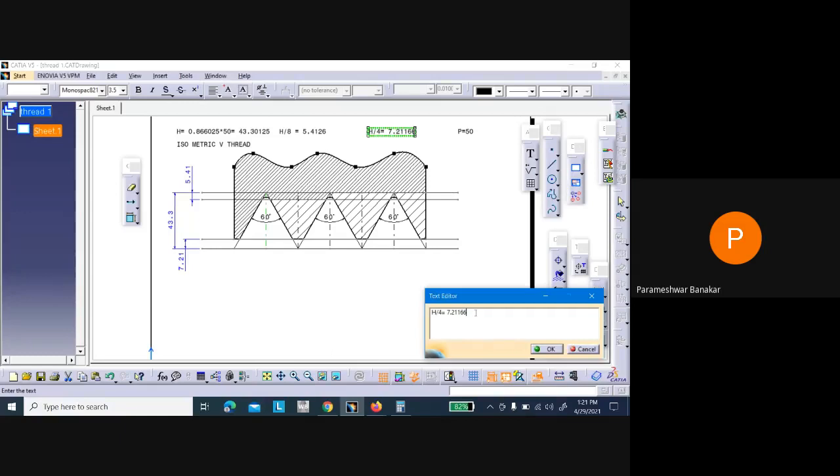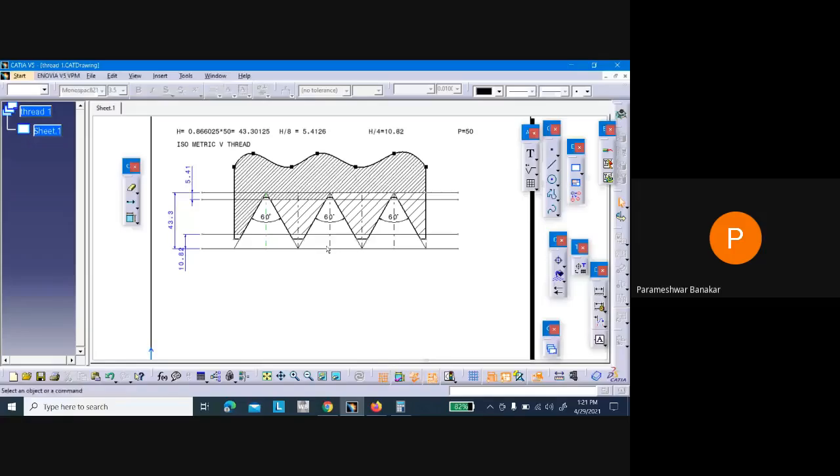Let us see. 43.30 divided by 4, sorry, h by 4. It will be 10.82. It must be 10.82 only, because this is an internal thread. Please remember that. Then what we can do, we can just change the dimension.